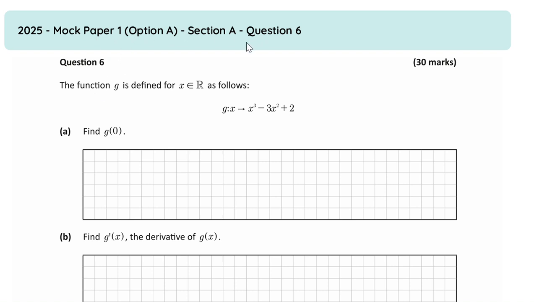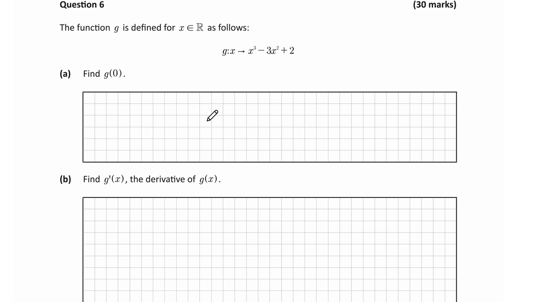2025 mock paper, section 8, question 6. It gives us a function here. I suppose the first thing I would do straight away is change this gobbledygook into g of x is equal to x cubed minus 3x squared plus 2. You don't have to, you can leave it the way it is, but in this question then it says find